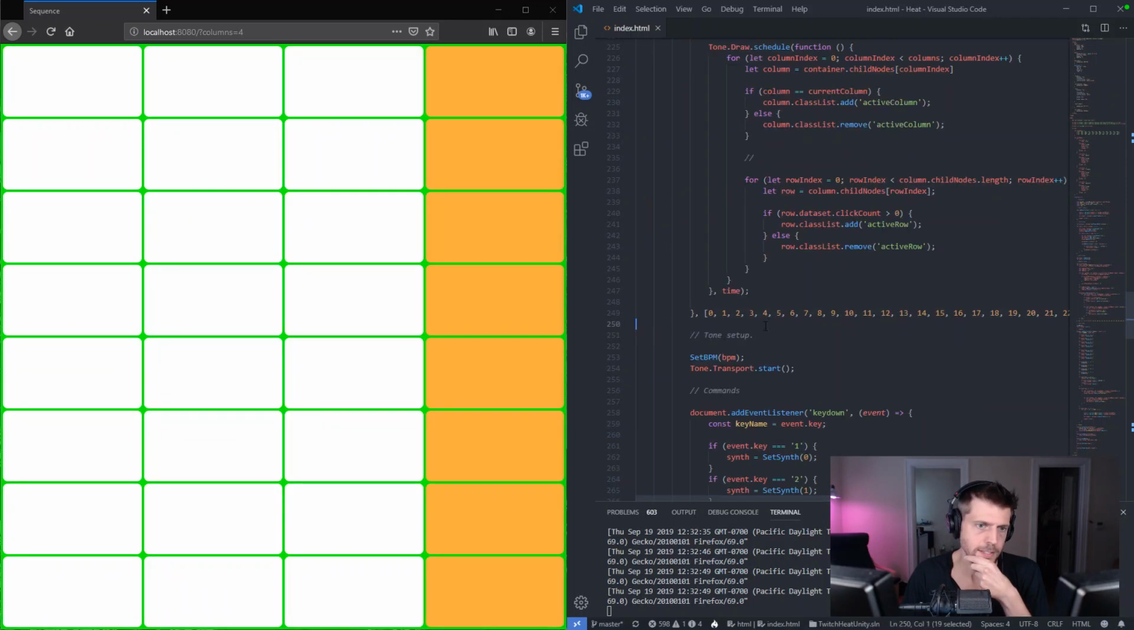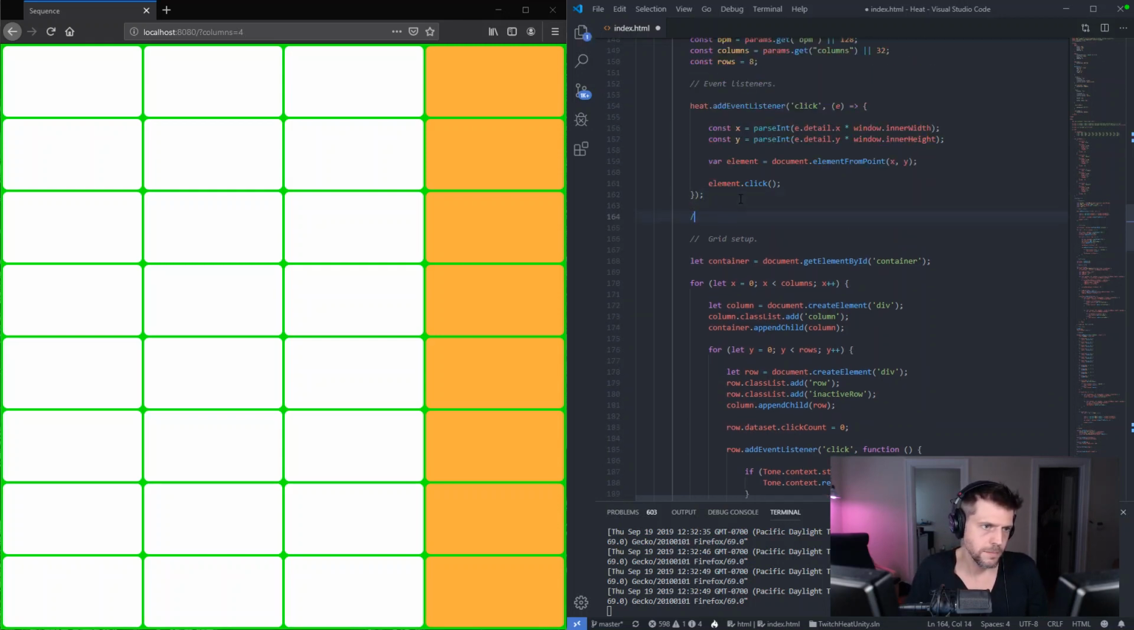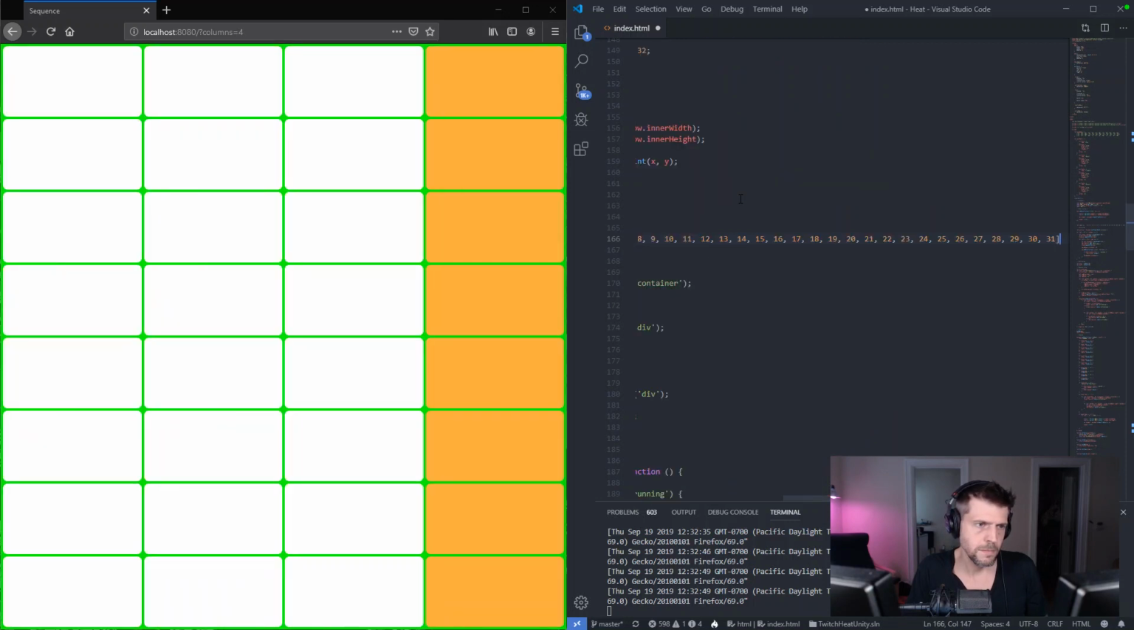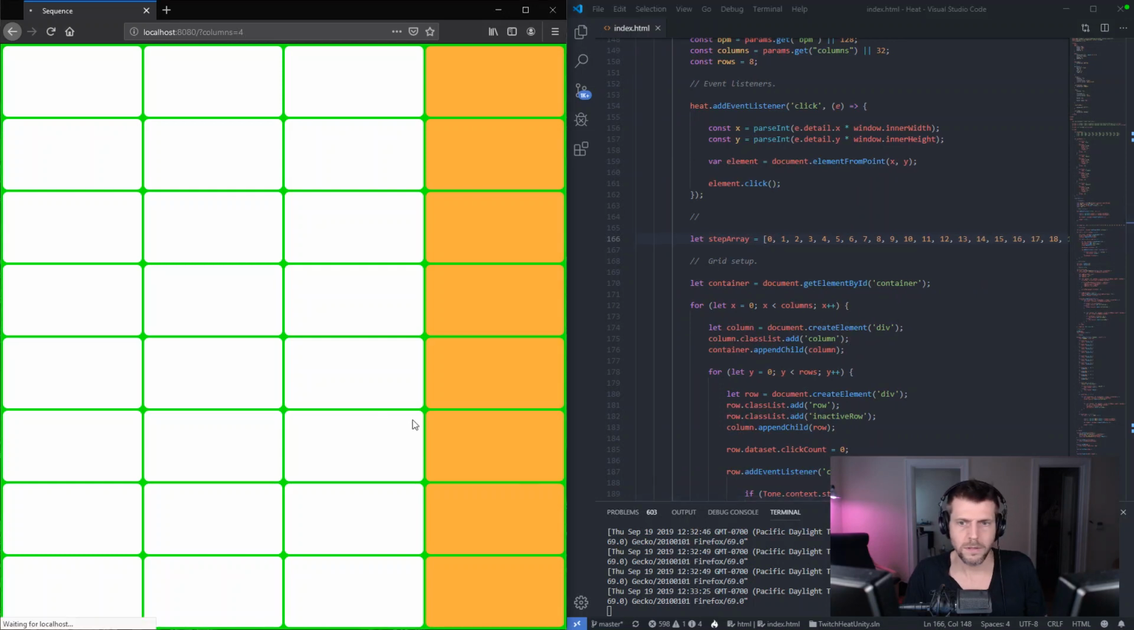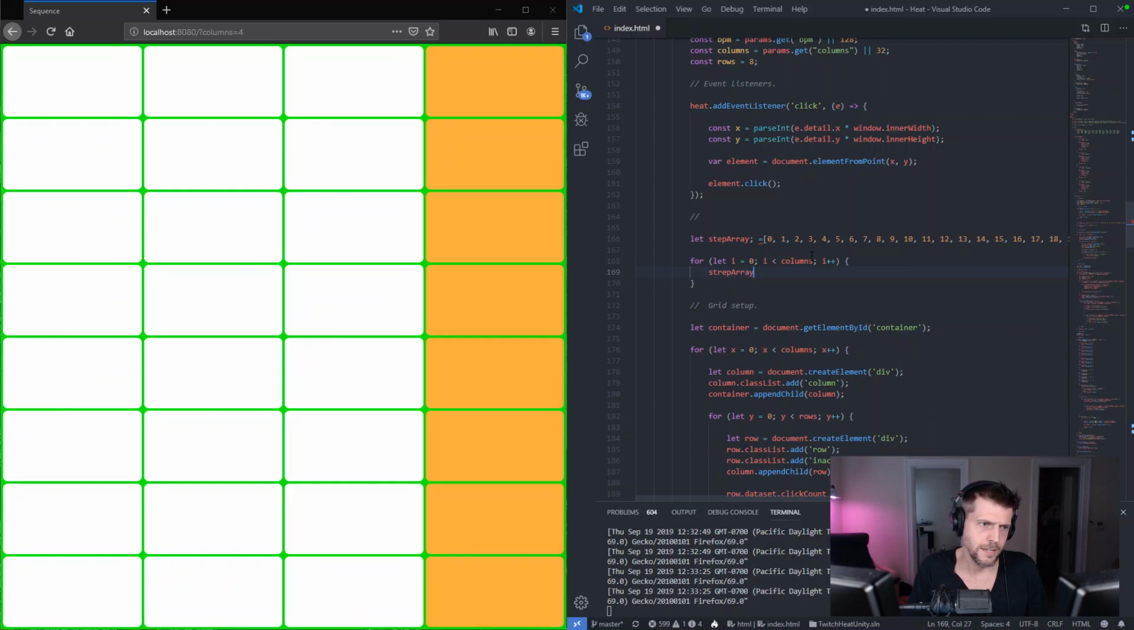It's like a step array. I need this. So really we need to do something like let step array and then columns, and do step array[i] equals i, something like that. And then we would have to do that anytime we